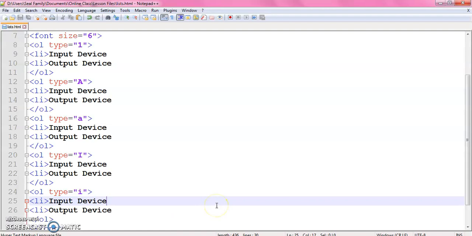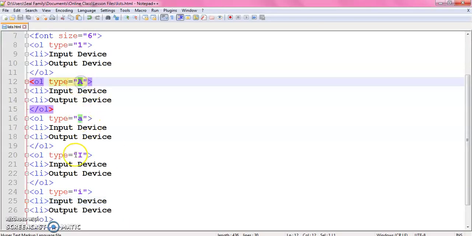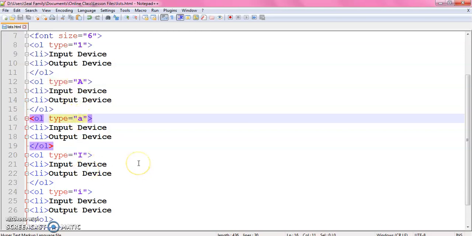There is yet another attribute of OL tag, that is start. In these outputs, each list starts from the beginning. That's why we put here A, I. So this A, small a, small i, capital I, or 1, it only defines what will be the numbering format. But from where to start the number format, for this we have another attribute of OL tag, that is start.